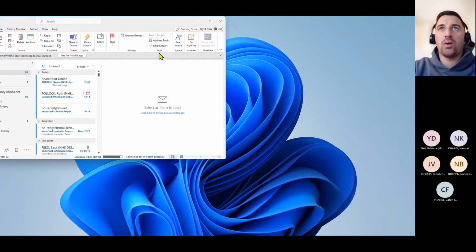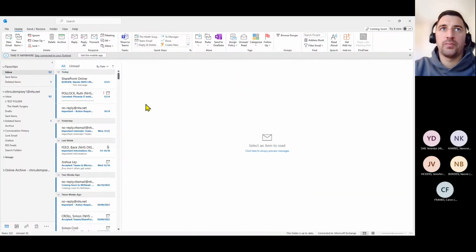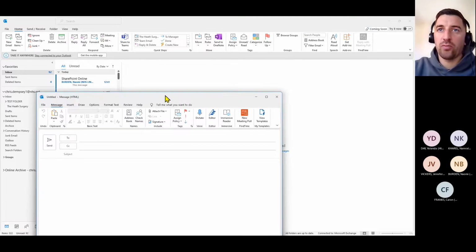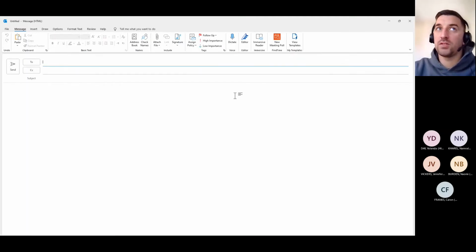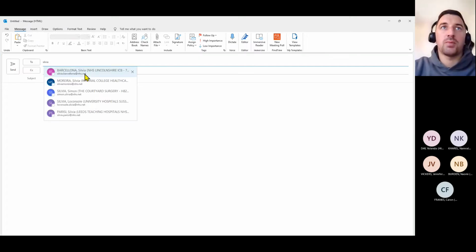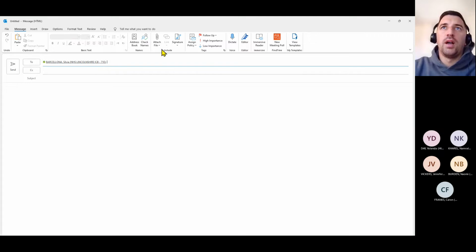If I open up Outlook on my computer and I want to create a new email and send a document to one of my colleagues, or maybe even somebody externally, I could search for the person in here. So maybe I want to send this to Sylvia